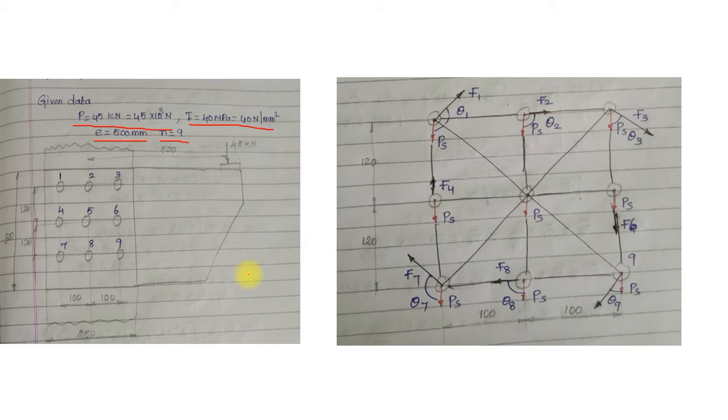As in the previous problem, here we need to find out the direct shear load, and we have to find out the secondary shear load on each rivet. Since the load is acting downwards, the direct shear load of each rivet will be only in the downward direction. So that is what has been marked here. You can see here PS, PS, PS, PS, PS, and here PS, and here PS, and here PS.